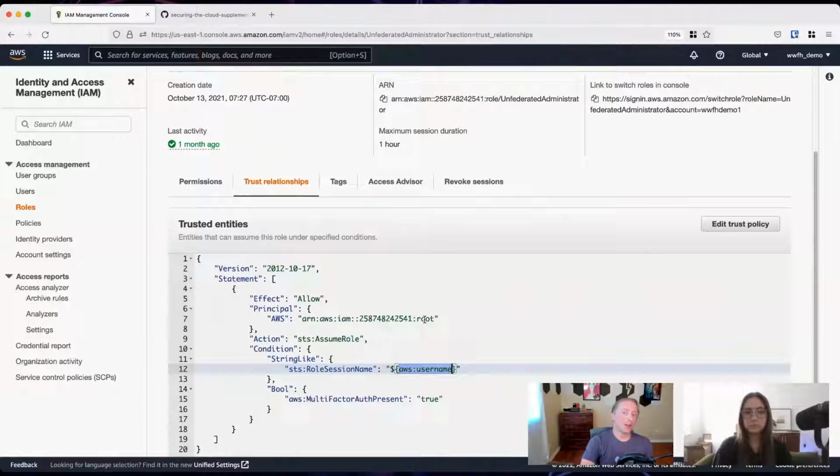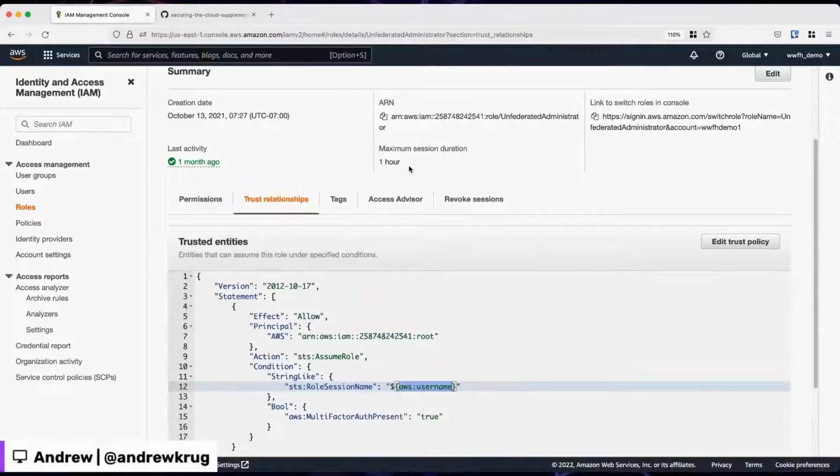Then we can do all kinds of other interesting things, like we can set the maximum session duration for privileged access, or we could put other attributes or other conditions on this, all the way up to and including these calls have to come from a specific IP address, or they can only do these things during specific times of the day. So you kind of get the idea here that we're really just trying to make a credential leak as not impactful as possible.